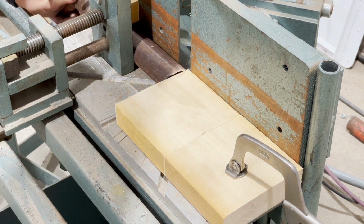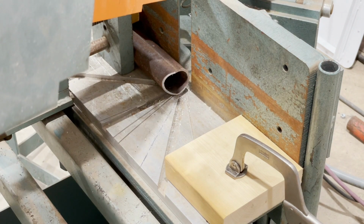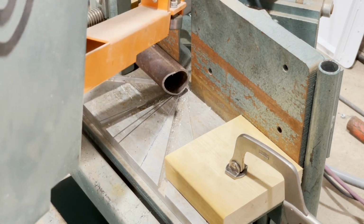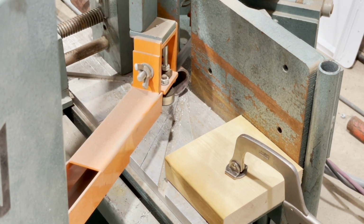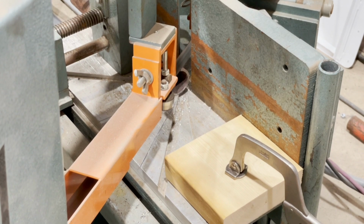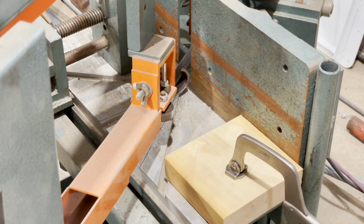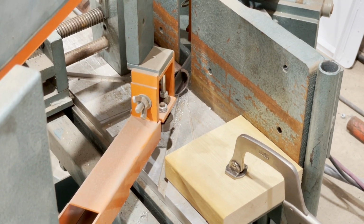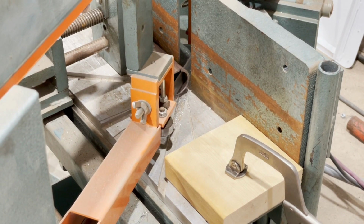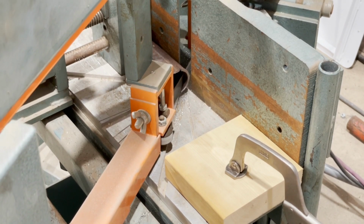So now we're going to rotate the pipe 180 degrees, put it right on that mark, get rid of our front block, and now we can make the second cut. Once this cut is made, that is the end of the cope, and it's pretty easy. From this point, you can very easily repeat this process, and on your next pieces, all you have to do is mark the two center points. You have to mark each side of the pipe, and then with your angle iron or channel iron, extend that line